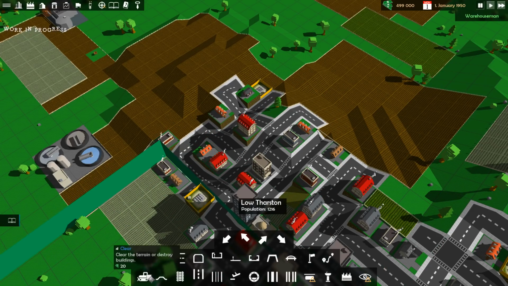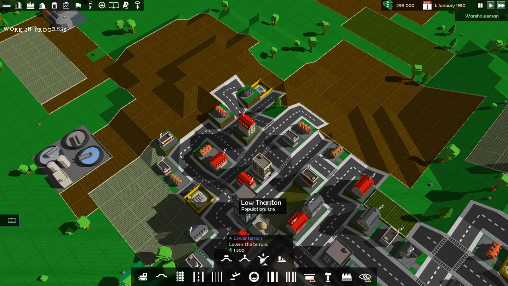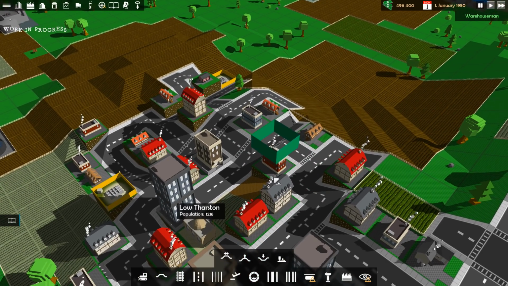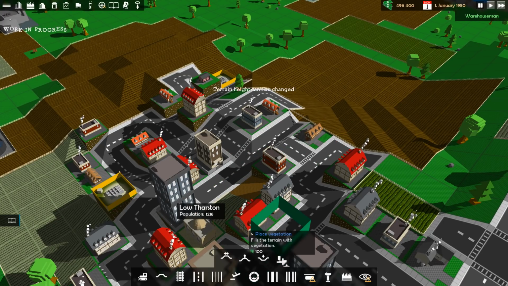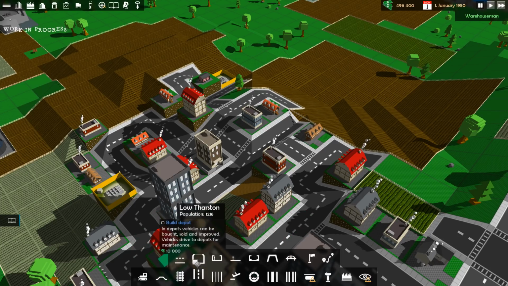Or not. So if I go to terrain, oh, there we go, terrain, and I want to lower the terrain. Terrain height can't be changed. Can I level it? Didn't seem to level it very well. How about, because I can see they've got a building set there. I guess I cannot. Place vegetation. Well, I really don't want to do that. Alright, so it won't let me build a...